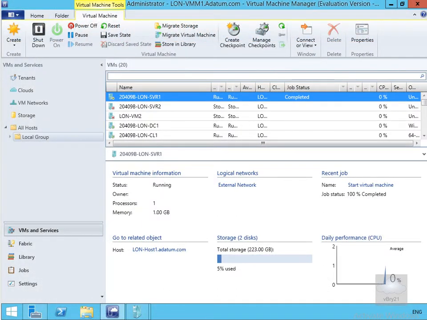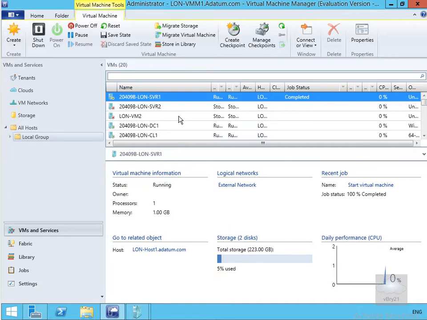This demonstration will see how to create and manage checkpoints. A checkpoint is a state and time of a virtual machine, and it contains the virtual machine state, in the case of the disk, the memory and the hardware state. So we can take a checkpoint of a virtual machine whether it's running or not running, and what we'll do